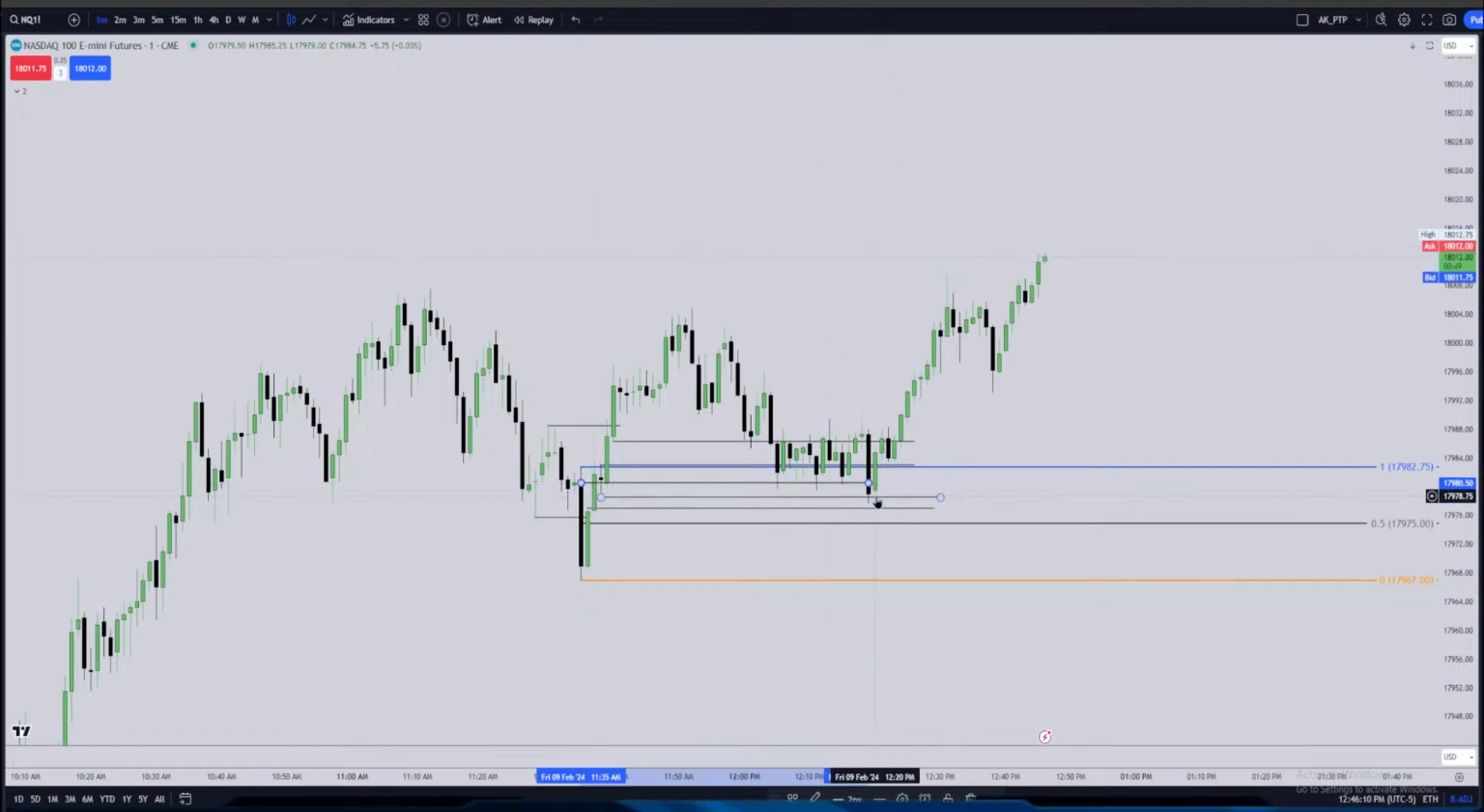Fair value retested, immediately market started going higher. After that, the high or the weak of the order block, that level, when market went above it, price didn't even come to that level, it started going higher. Okay, so